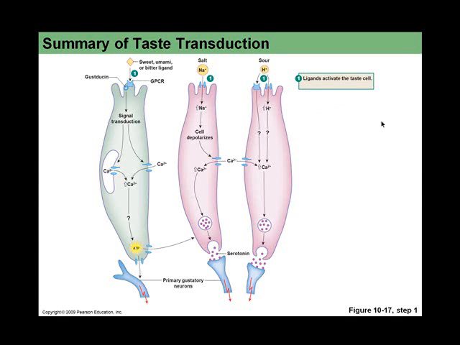And of course, I forgot to go through my sequence here. What I'm supposed to do is go across and just do the ligands activating the taste cell. But anyway, that gives us a feel for what's going on. We'll differentiate it as we go down through 1 through 4 there. So salt entering the cell for that